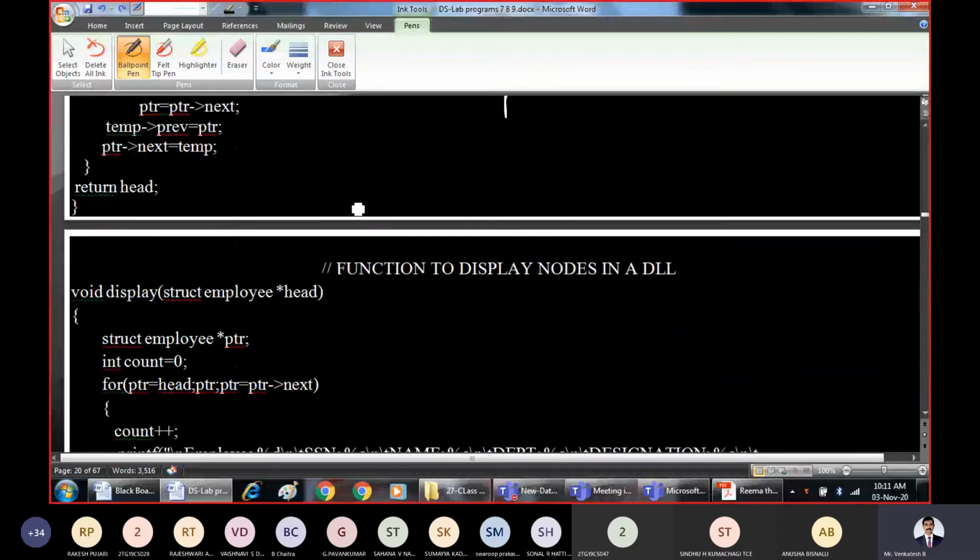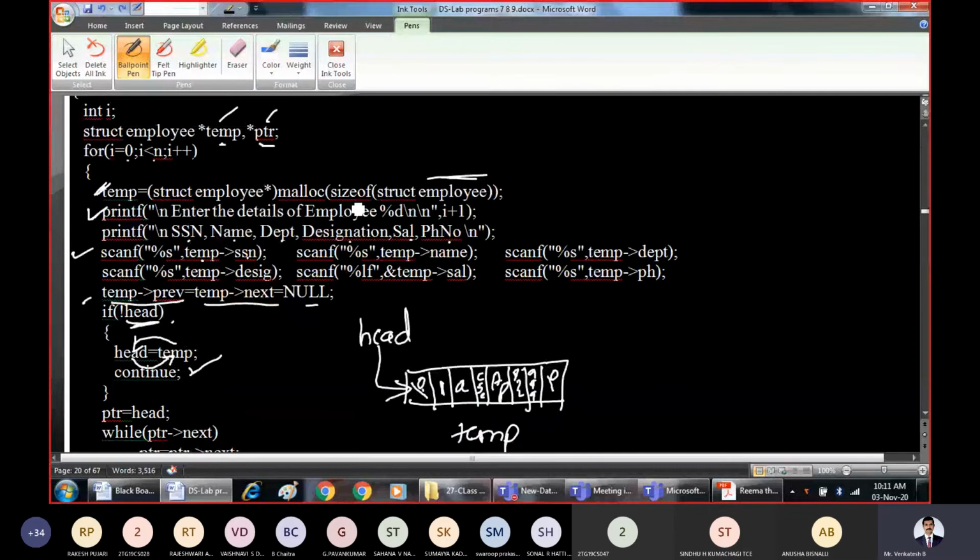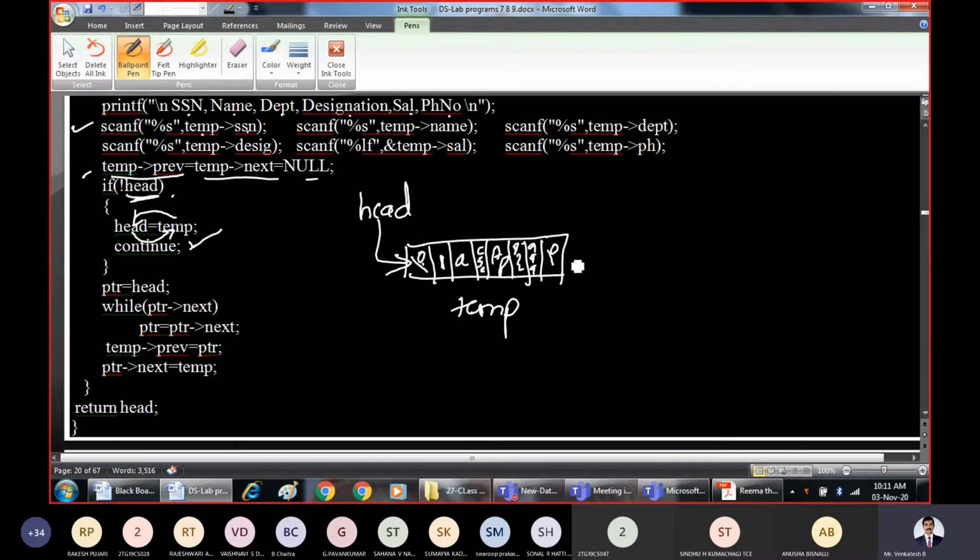Right? So the value of i will be incremented. One second, we are here. So the value of i will be incremented. Value of i becomes 1. 1 is less than 2. Condition is true. Enter. Again, it will ask for the details. But for that purpose, first we have to take a temporary node. One more temporary node you have to take and allocate memory, because number 1 is over now. For number 2, you have to take memory. Take the temporary node and allocate memory.